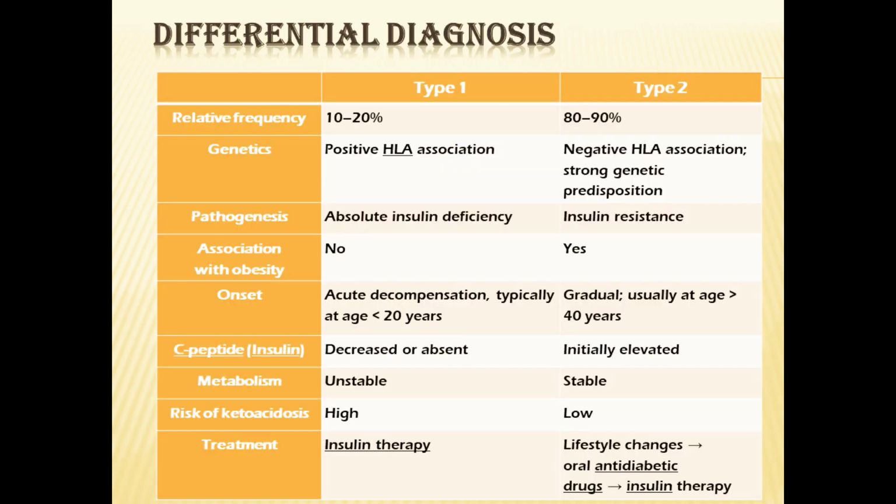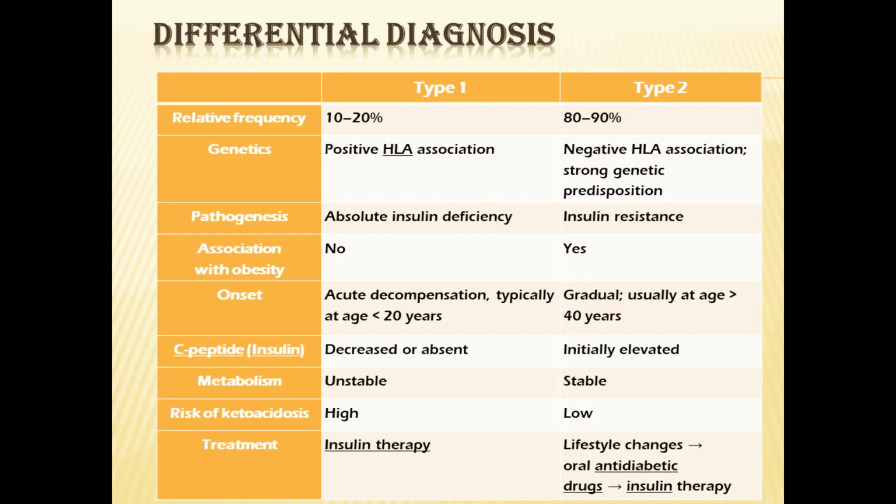Next, we are going to differentiate type 1 and type 2 diabetes mellitus. Type 1 diabetes mellitus has a relative frequency of 10 to 20%, whereas type 2 diabetes mellitus has a relative frequency of 80 to 90%. The genetics of type 1 is a positive HLA association, whereas type 2 has a negative HLA association and a strong genetic predisposition. The pathogenesis of type 1 is absolute insulin deficiency, whereas the pathogenesis of type 2 is